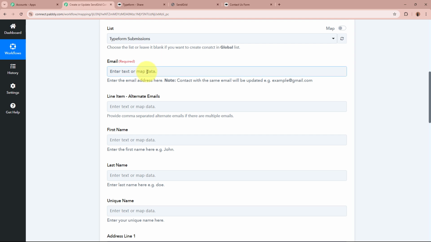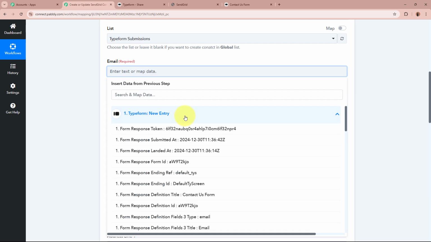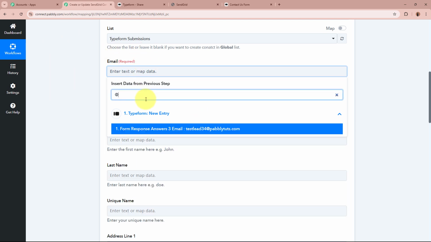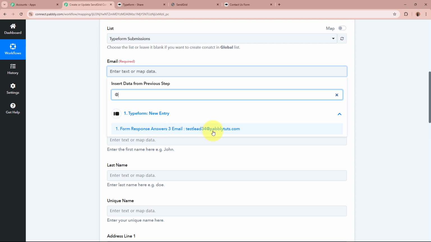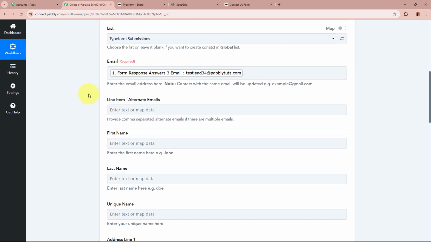How it works is that as soon as I'm going to click on this field, this was the previous step. As I'm going to click on it, this is the same response that is captured in our previous step. It is asking for the email. So I'm going to search for the email right over here. You can see in our previous response, we have received our leads email. I want to create this lead as a contact in my SendGrid account. So for the data of this field, what I'm going to do is I'm going to simply select the data